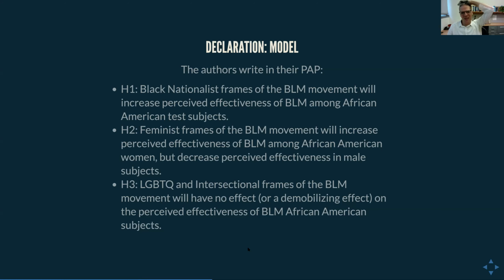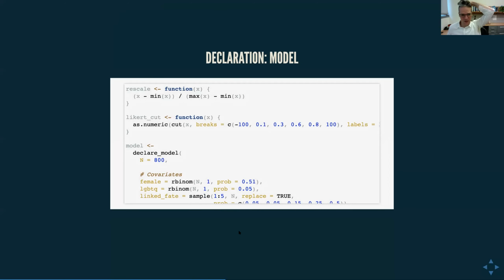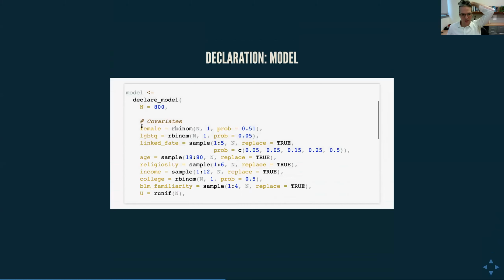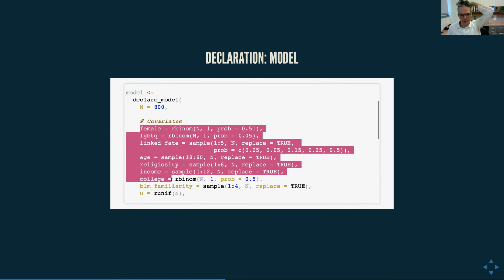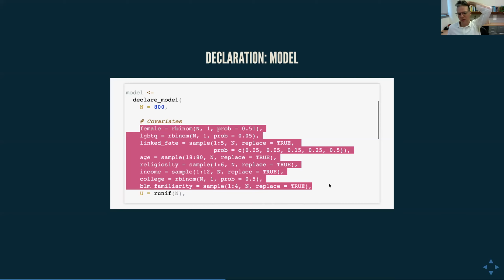So their model is about the sign of the treatment effects. We need to translate that into variables and constructs. So what I'm going to do is imagine that there are some covariates. These are the covariates that they need: your gender, sexuality, a measure of linked fate, which is how much Black respondents think that what happens to Black people in general matters for them, their age, how religious they are, their income, whether they went to college or not,